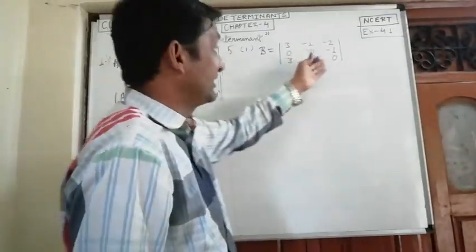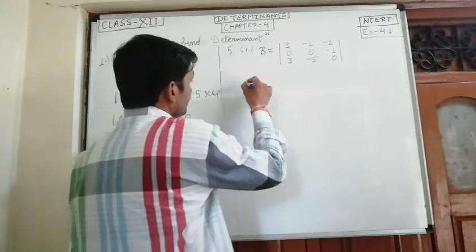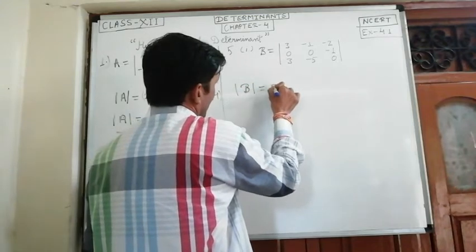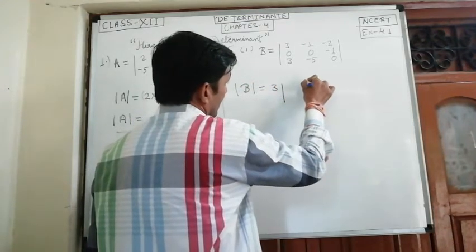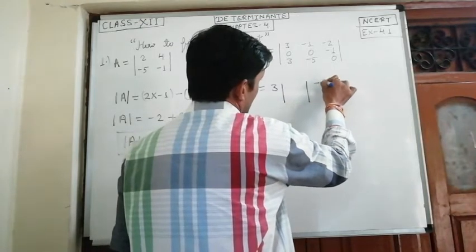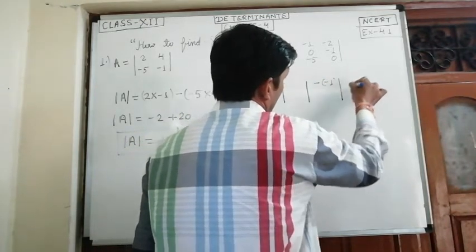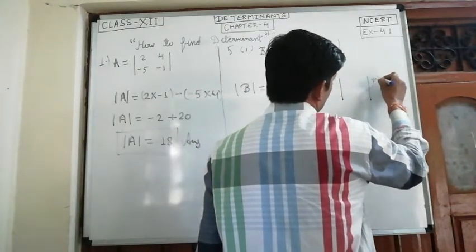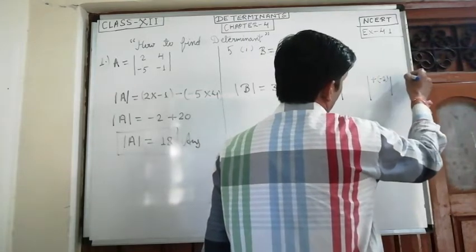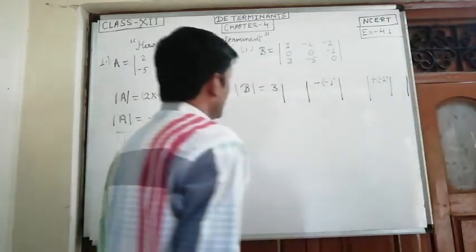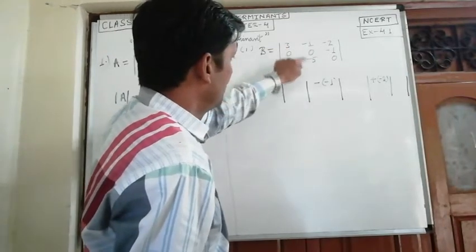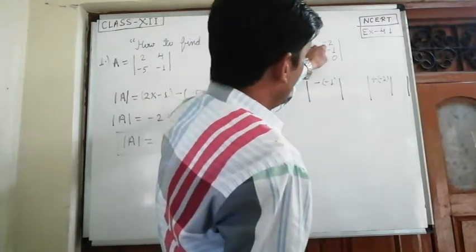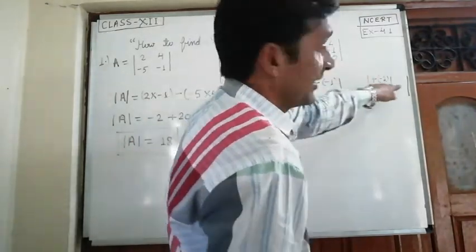Now it is a 3 by 3 determinant. Here suppose I want to find the determinant of B, then in that case I will have to write this 3, then minus 1, and then plus -2. Means what I am doing, this 3 is written first of all, minus sign will be there, then -1 is written, then one blank determinant, then plus -2 will be there, and then again a blank determinant.